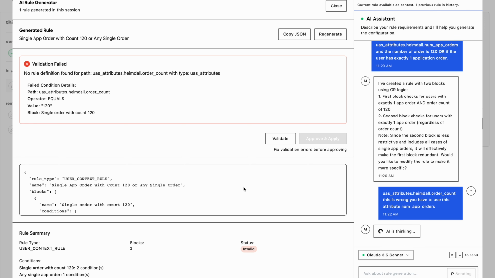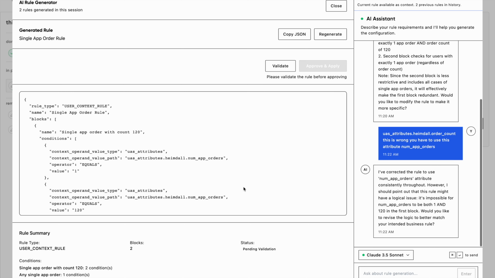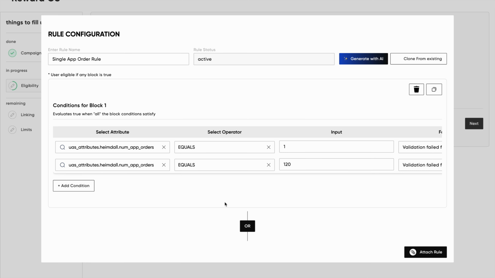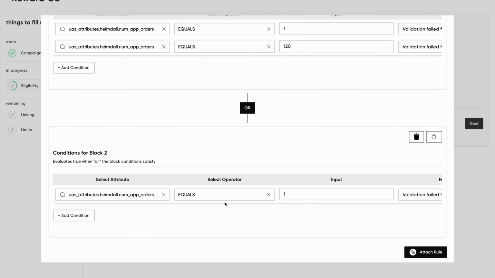Now it will eventually update the JSON. This AI has the context of all the currently generated JSON and all the previous chats we had with it. You can see it has corrected the attribute, and now we will do validate. You can see the validation is successful, and only when the validation is successful, only then we will approve and apply. This validation is an important step because we match it with the global API, the backend response we currently have, so that we can create a much more useful context-aware decision tree. You can see the form is now pre-filled, and this is